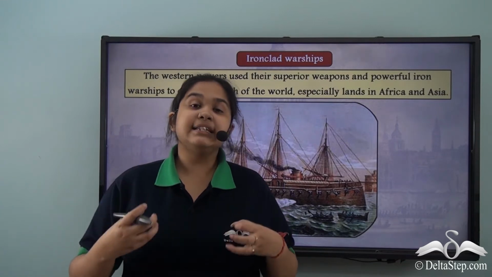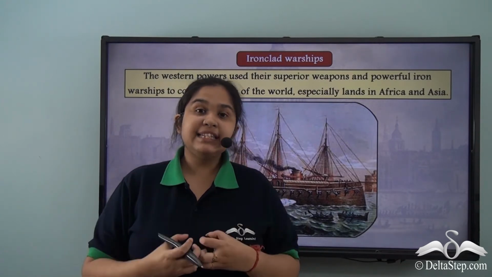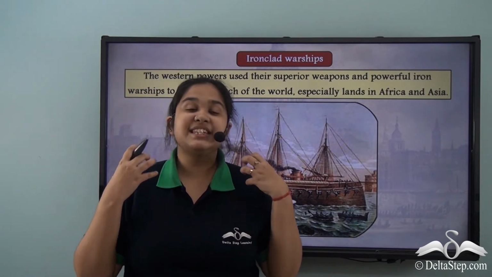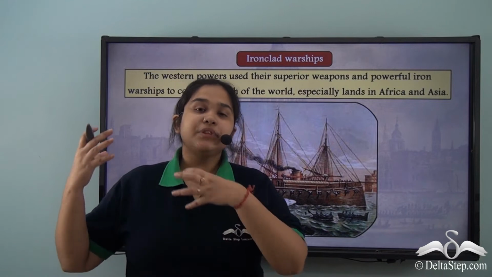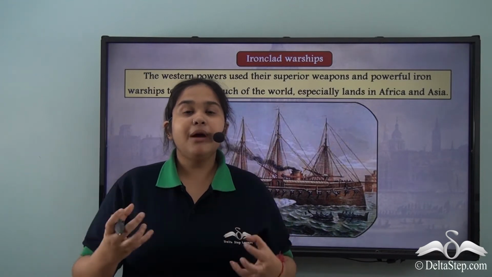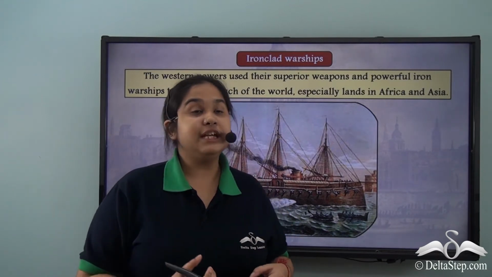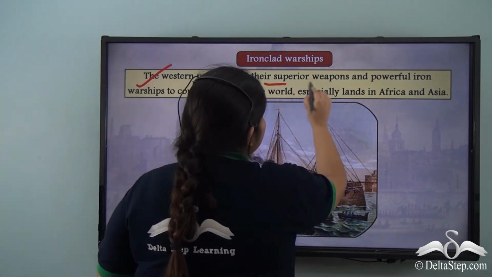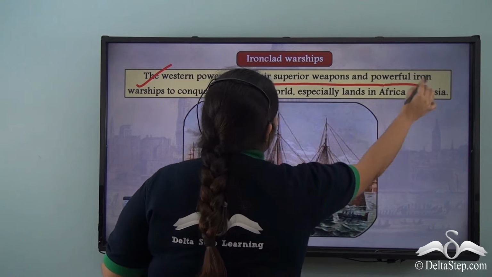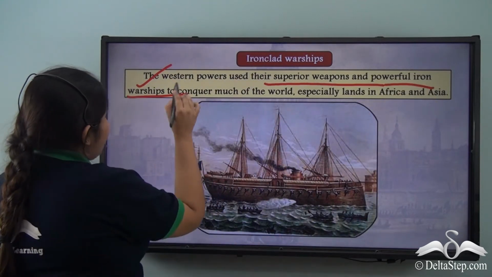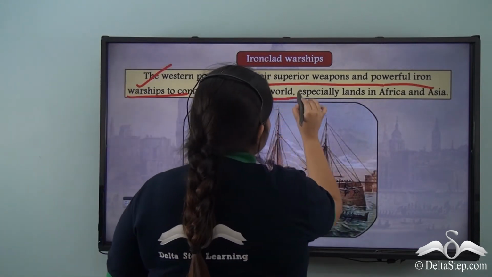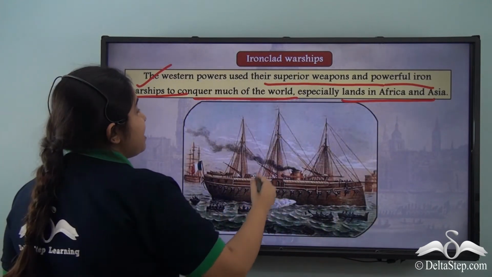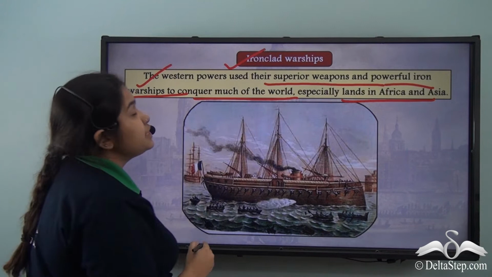We see that there are various mechanizations, and in fact the Industrial Revolution itself helped the European powers to come into the inlands of the colonies. Now, the Western powers used their superior weapons and powerful iron warships to conquer much of the world, especially lands in Africa and Asia. And one of the most important of its